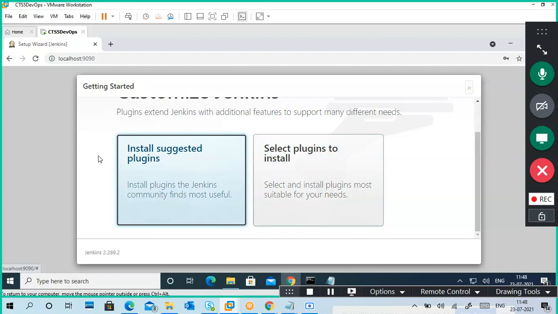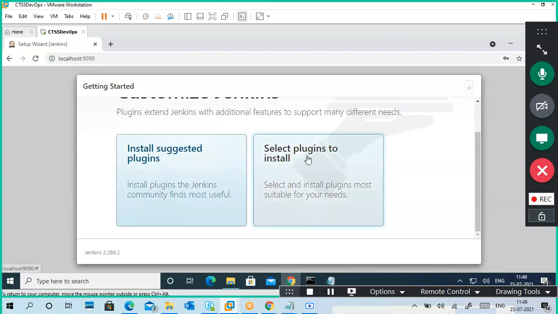Just go for suggested plugins, or go for select plugins to install, which means you choose which plugins you want to install, all plugins, fewer plugins, or no plugins. So I'm selecting select plugins to install.